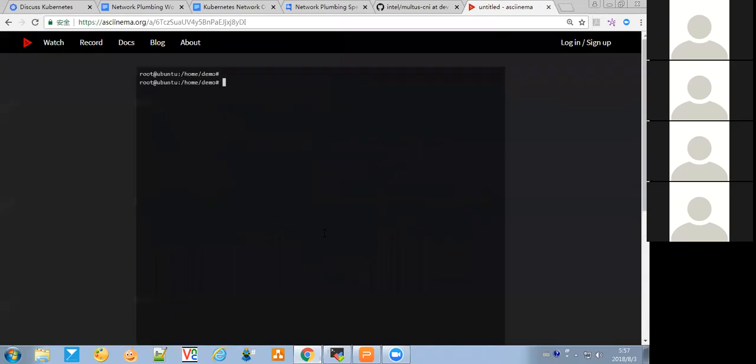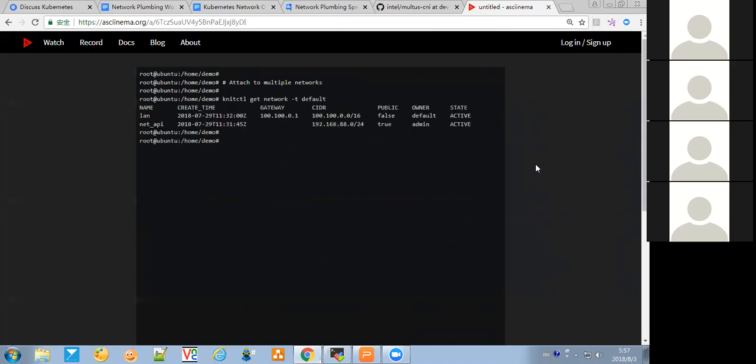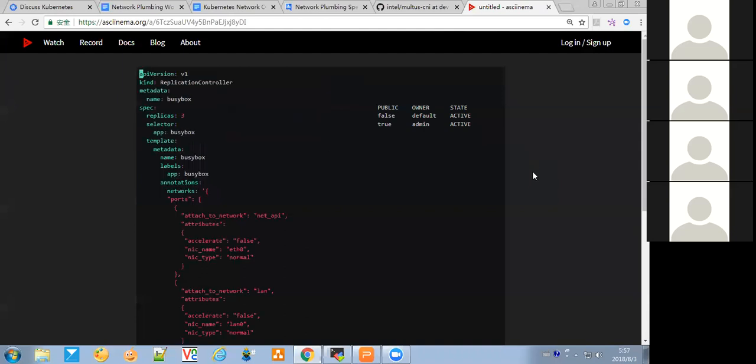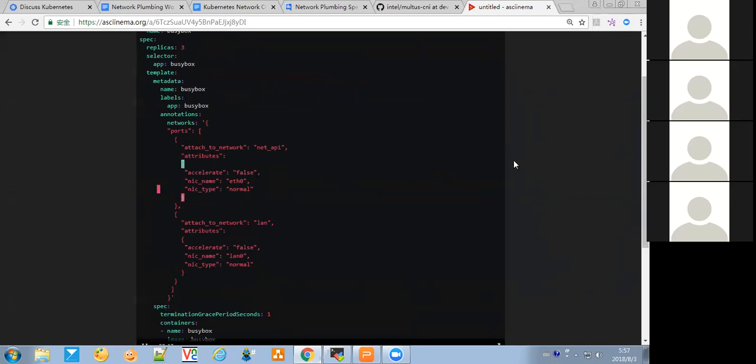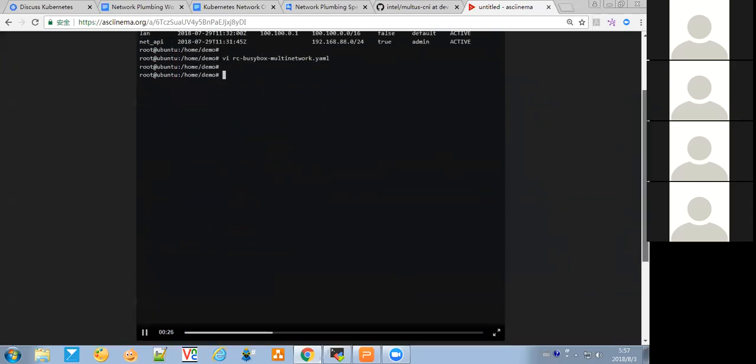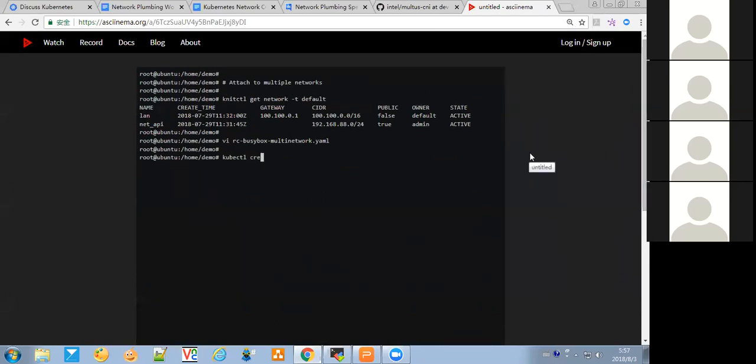The first one is attaching to multiple networks. We can see that the default tenant has two networks. One is the public network, and the other is its private network. Let's create the RC.